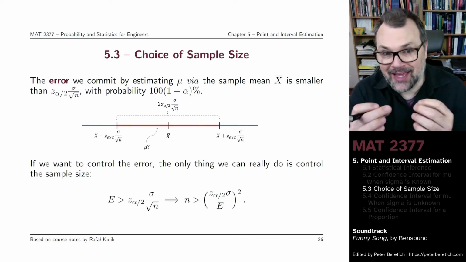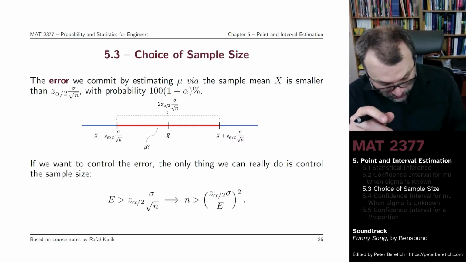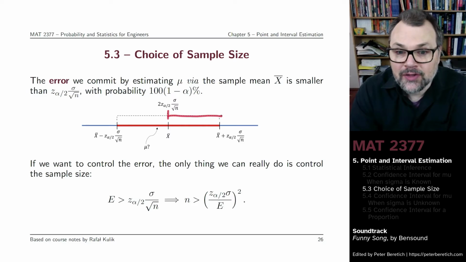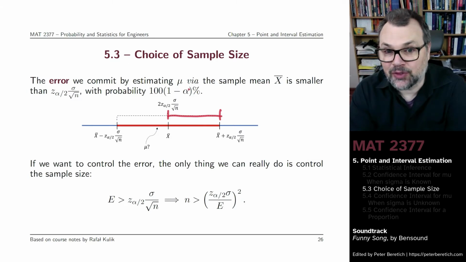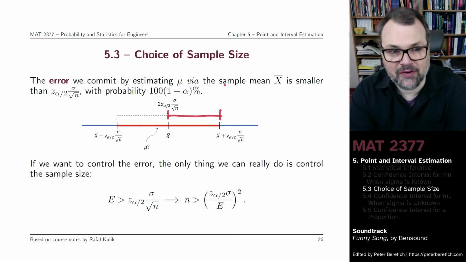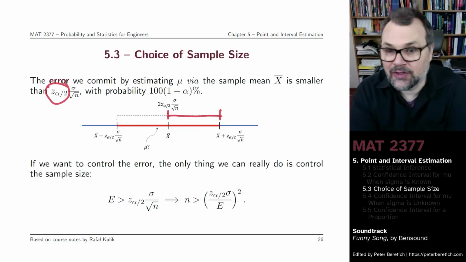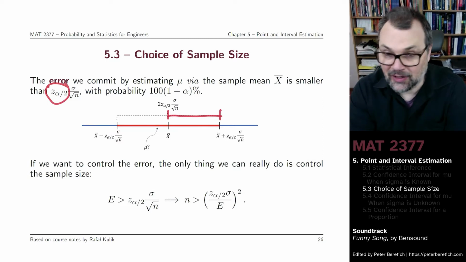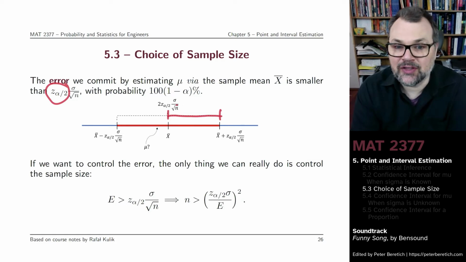The error you commit by estimating mu via the sample mean is going to be, in general, smaller than the radius of the confidence interval. And so if this is a 100 times 1 minus alpha % confidence interval, say a 95% confidence interval or 99% confidence interval, you can actually compute the radius, right? It's going to be the alpha divided by 2 percentile, so 2.5% or 0.5%, depending on if you want a 95% or a 99% confidence interval, times the standard deviation, assuming you do know it, divided by the square root